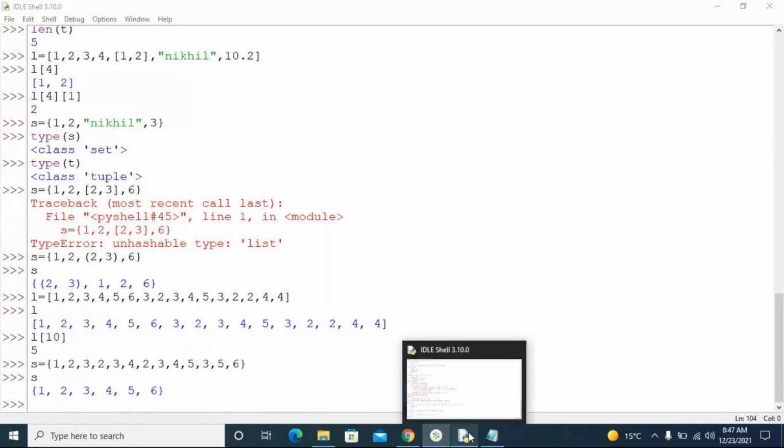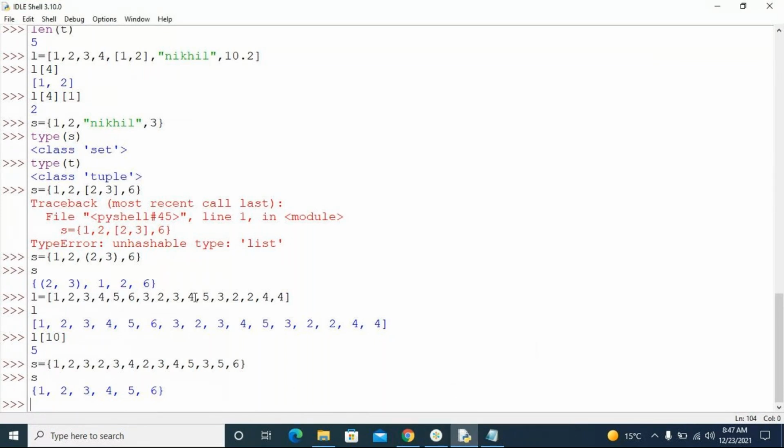So this is all about sets generally. Set, as I said, is a mutable data type. You can add elements in the set. If I want to add any element, there is no method called append. Don't use every data type with the same method that you know. Append means adding an element, but that is for list, not for set. For set we have a method called add. Add is one of the methods for set, which is going to add one element.